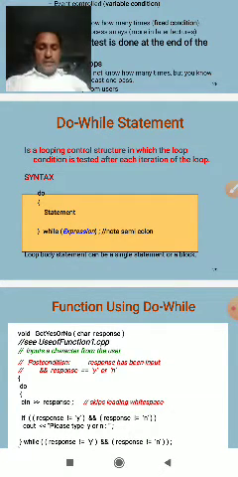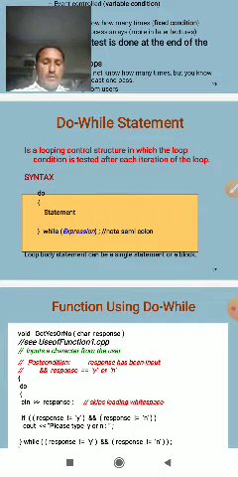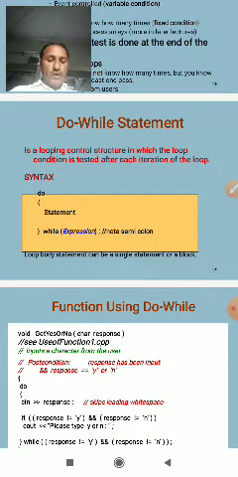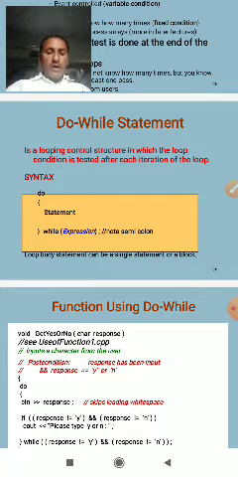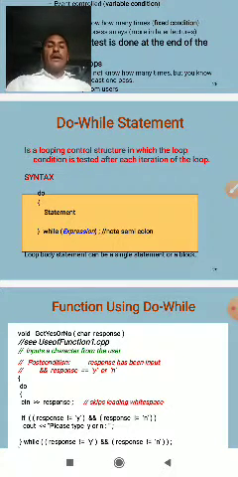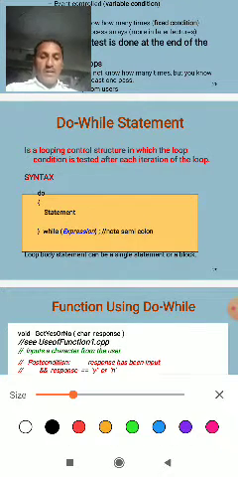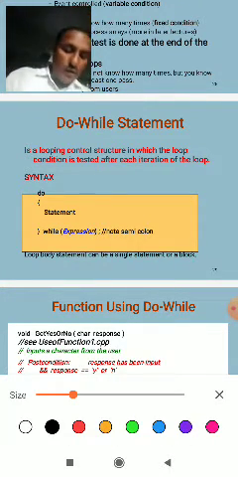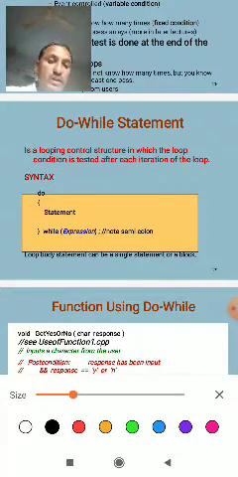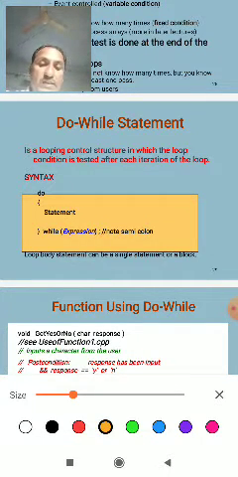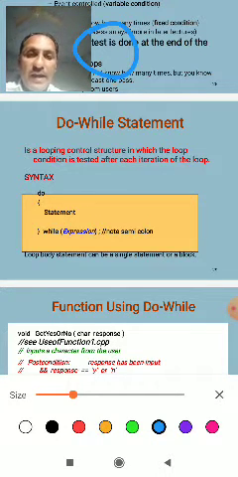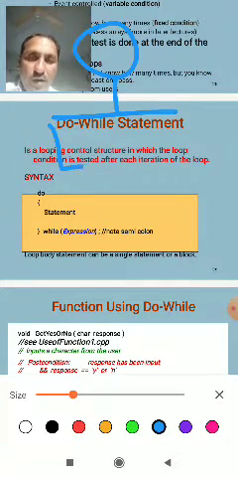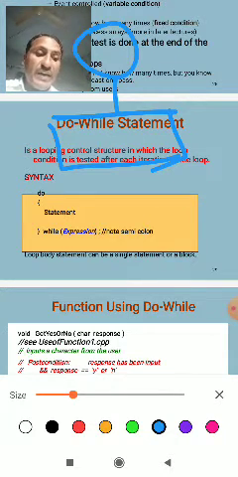The loop uses the initialization performed to control it. Take an example in a flowchart. So this is the flowchart. The start button, then initialization of the integer value.